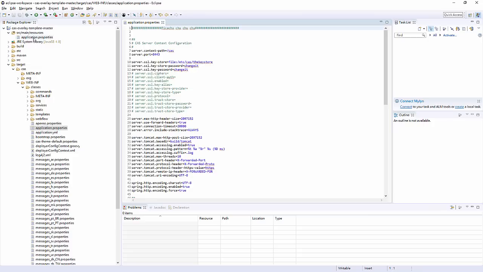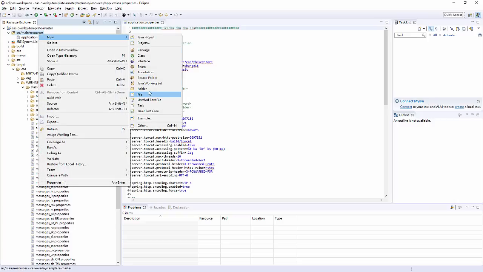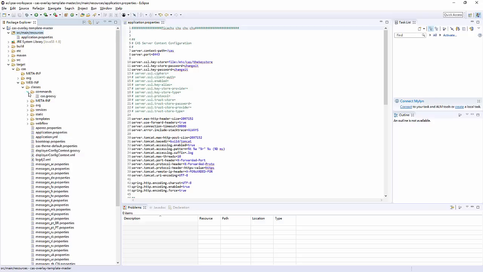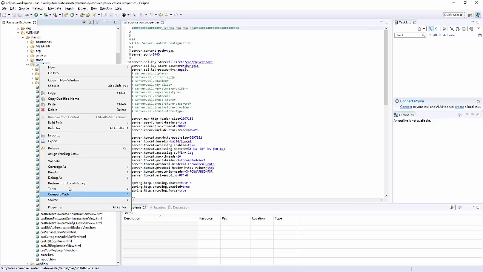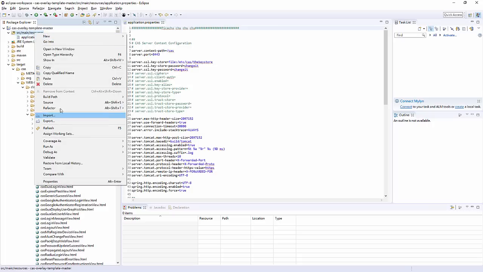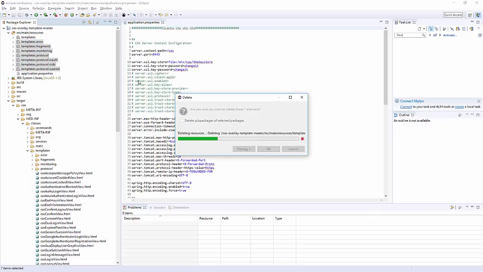So what happened is that everything that I have put inside source main resources, including application.properties, and including if I just add a folder, let's see, I guess I can just copy a folder here, copy, where's the copy, just paste it here. Okay, it's a bit messy, but sure works.